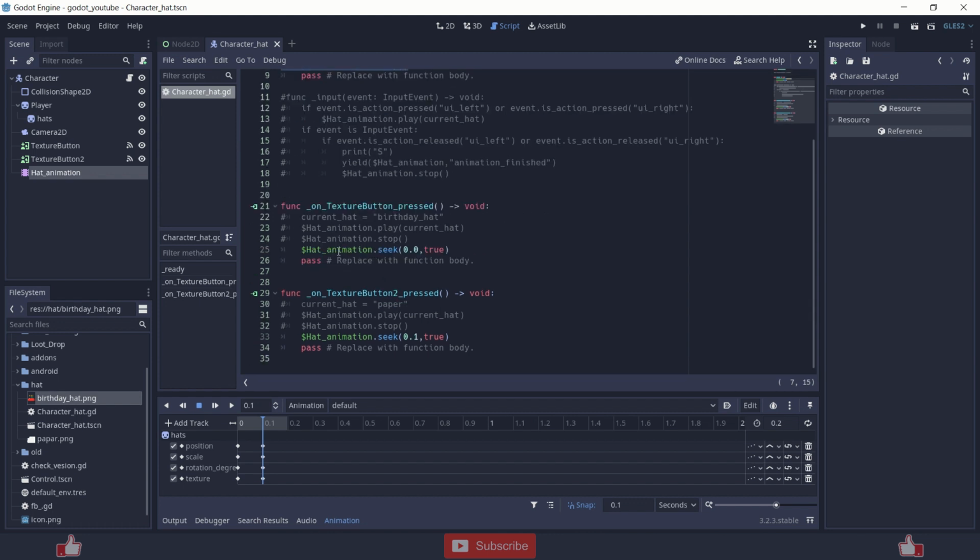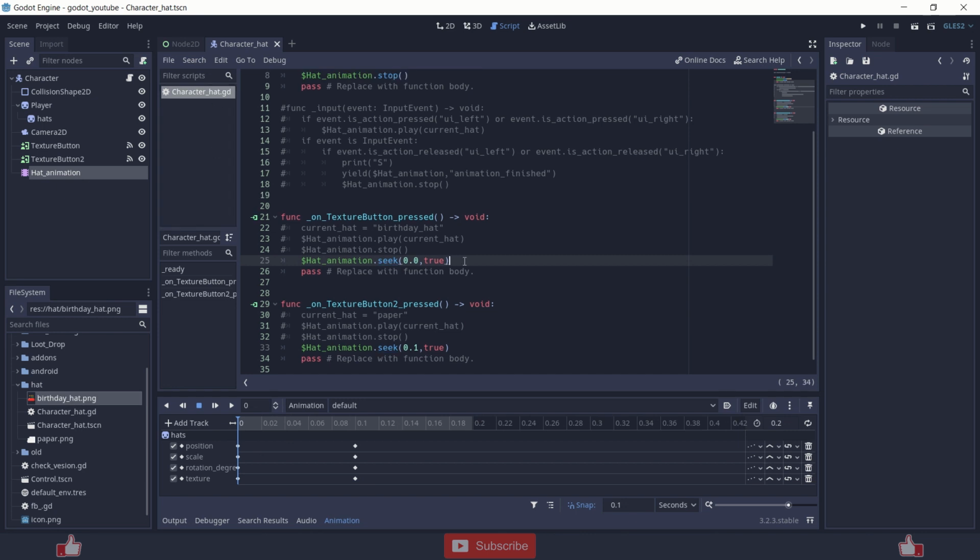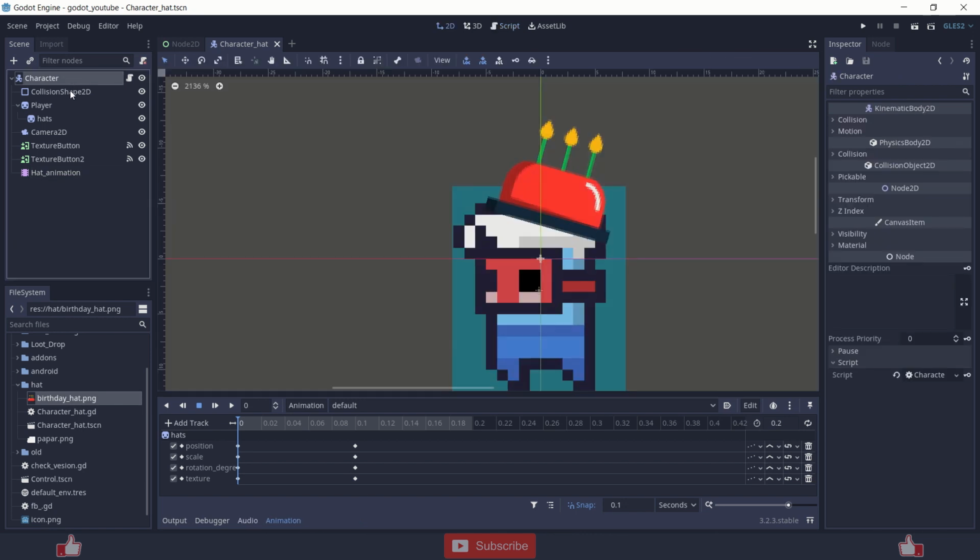You are just changing the keyframe using seek, and be sure to use true after the specific key value so that you can update that texture, otherwise it won't update it.